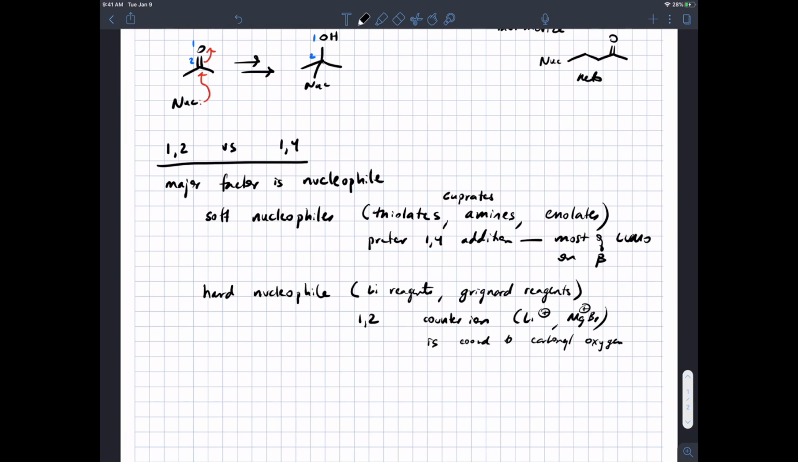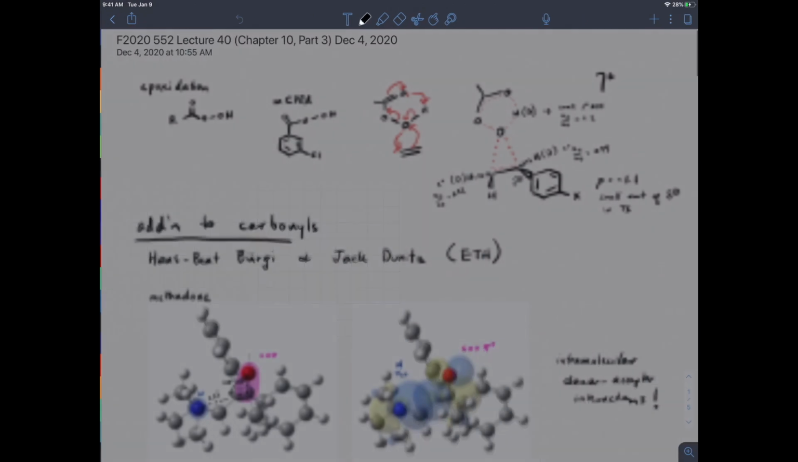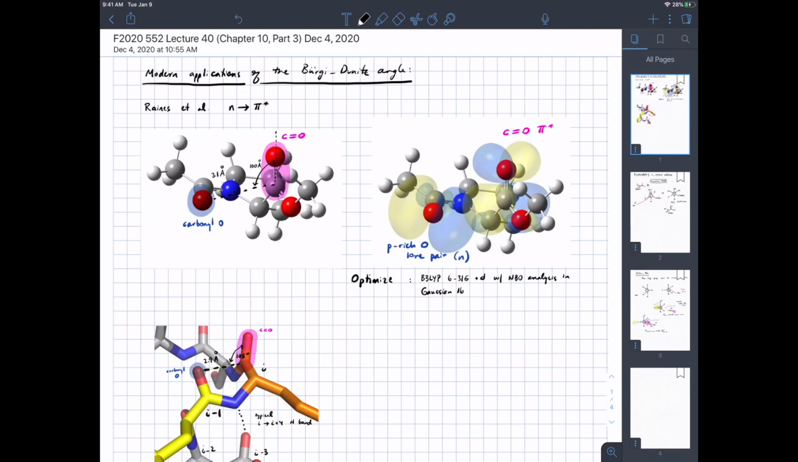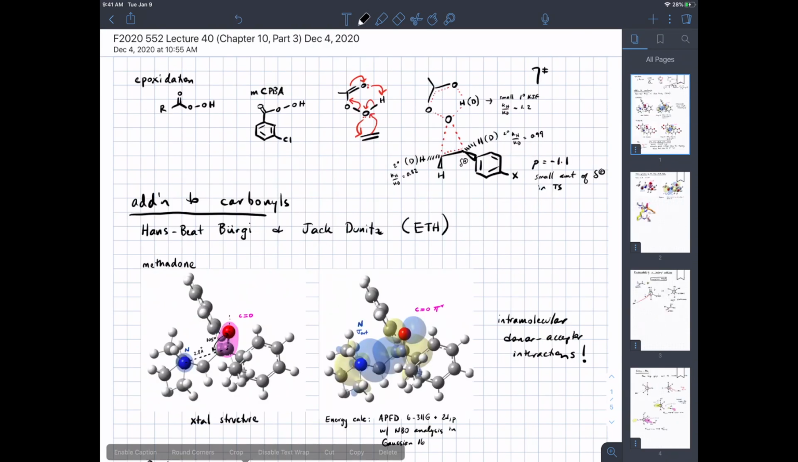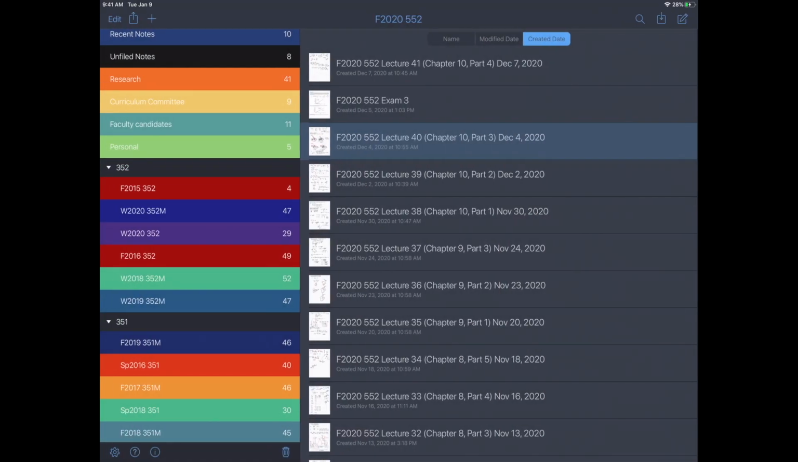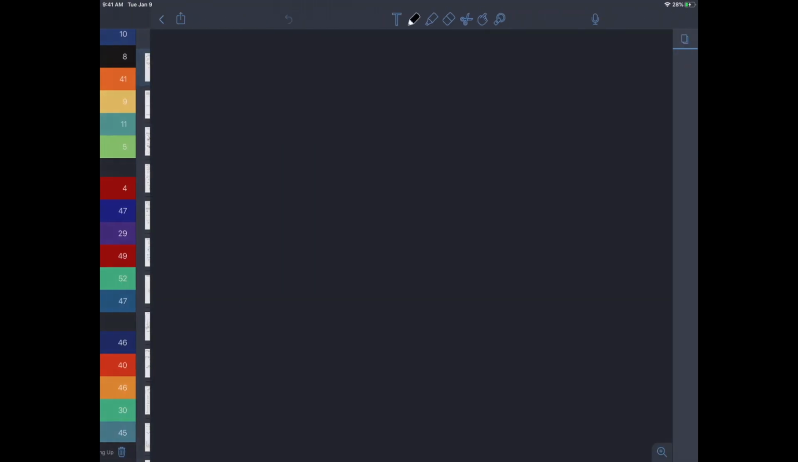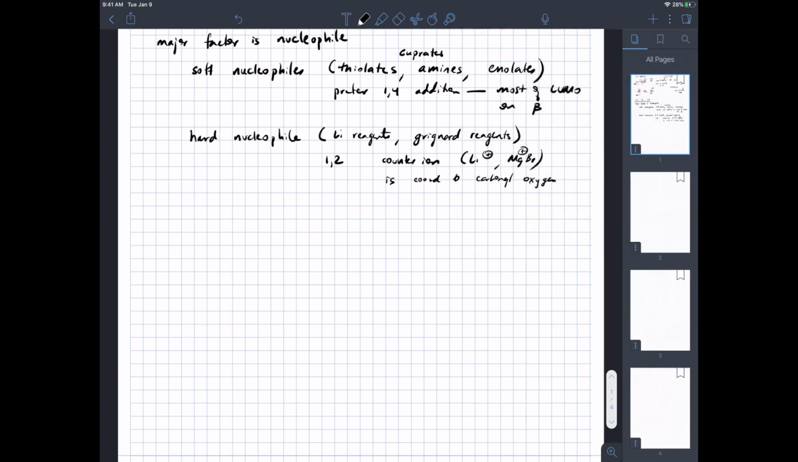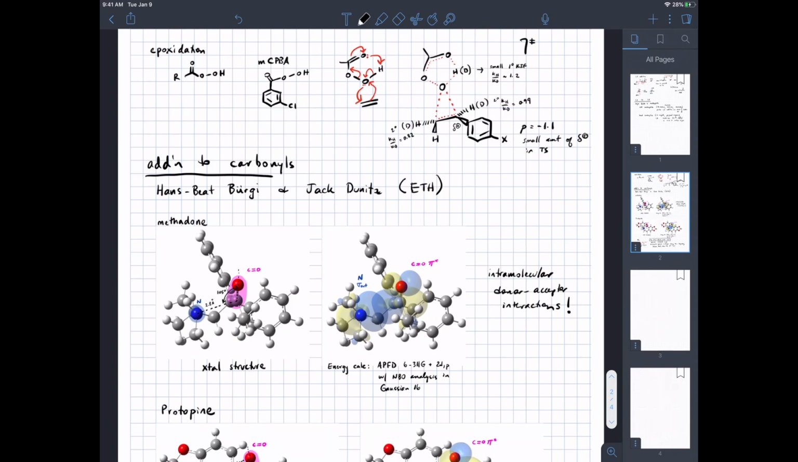So if you remember last time, we spent a huge amount of time, unfortunately, on the Bürgi-Dunitz angle, and so I'm going to copy over a page just so that we have it and can talk about it. Recall that the Bürgi-Dunitz angle describes the approach of nucleophiles to carbonyls, and that preferred trajectory is about